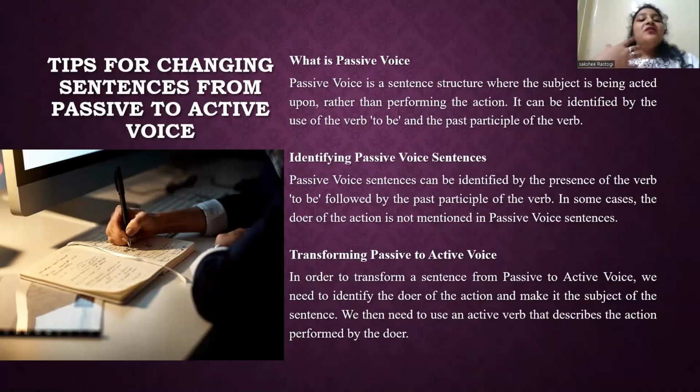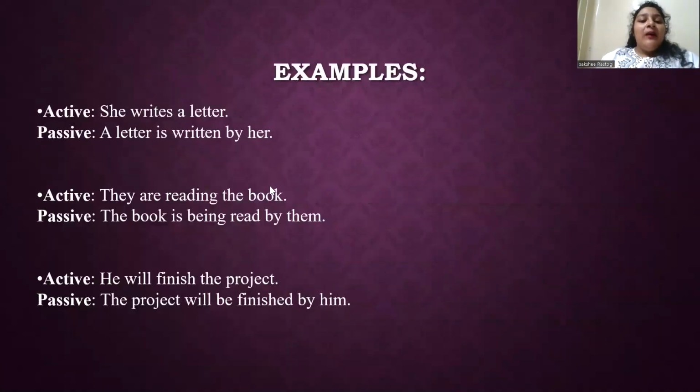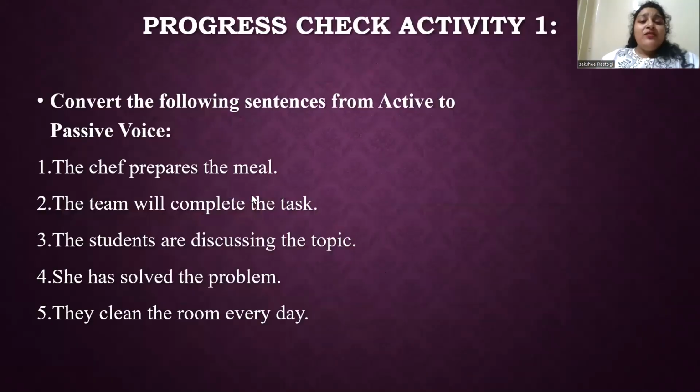The award was presented to the winner by the judges. So here the active changes to: the judges presented the award to the winner. So by transforming passive voice to active voice, you can make your writing more engaging, clear, and concise. Remember to identify the subject, agent, and verb, and adjust the sentence structure accordingly. So these are the examples which I discussed earlier. This is the activity which you have to discuss with your colleagues, your partner, or yourself.